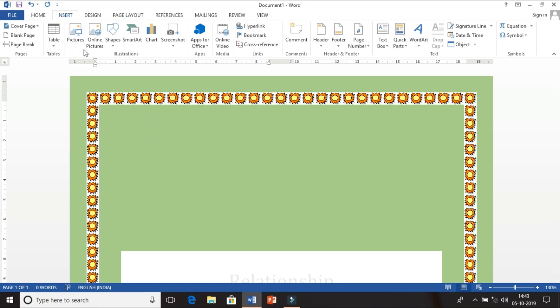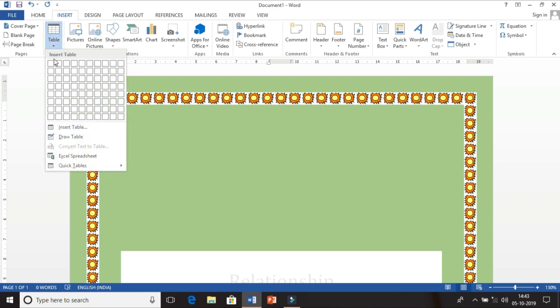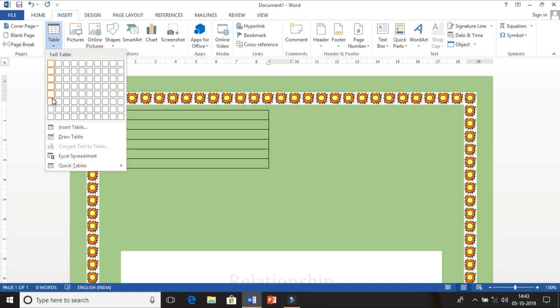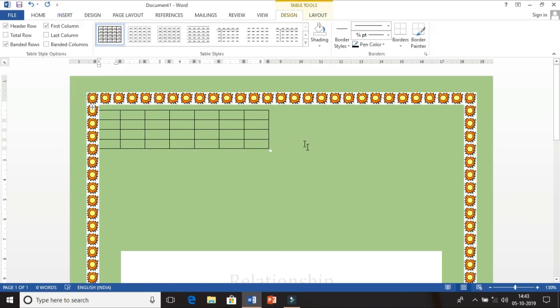So now see, the first option that I am going to explain to you is called table. Table is used to organize the data in the form of rows and columns. So let me create a table. Suppose I have created 7 columns. These are the columns. This vertical thing, these are the columns. So first column, second column, third column. In this way I have taken 7 columns. And rows I want, suppose, 4. So in this way when I click, the table is created.